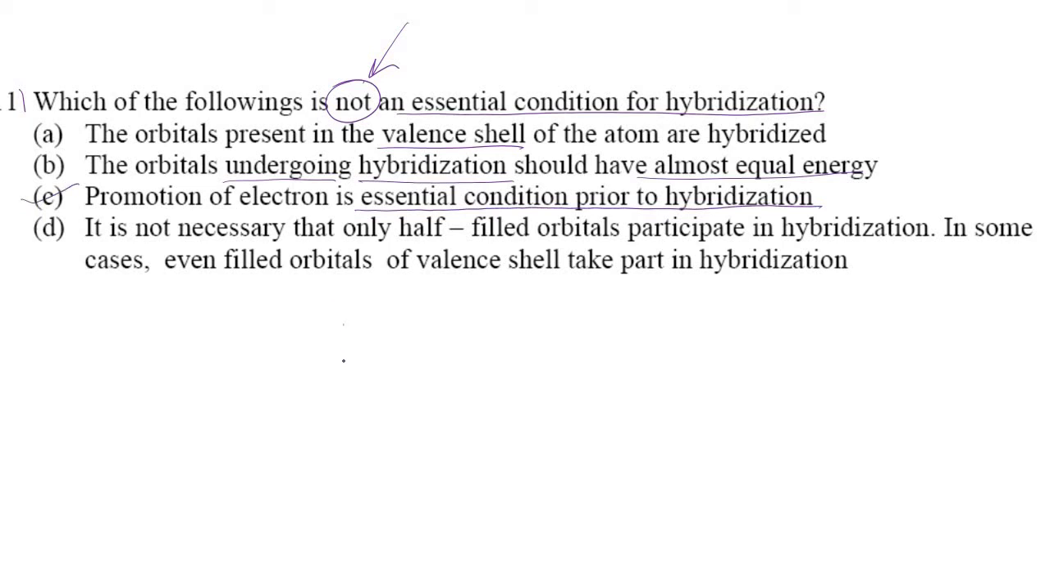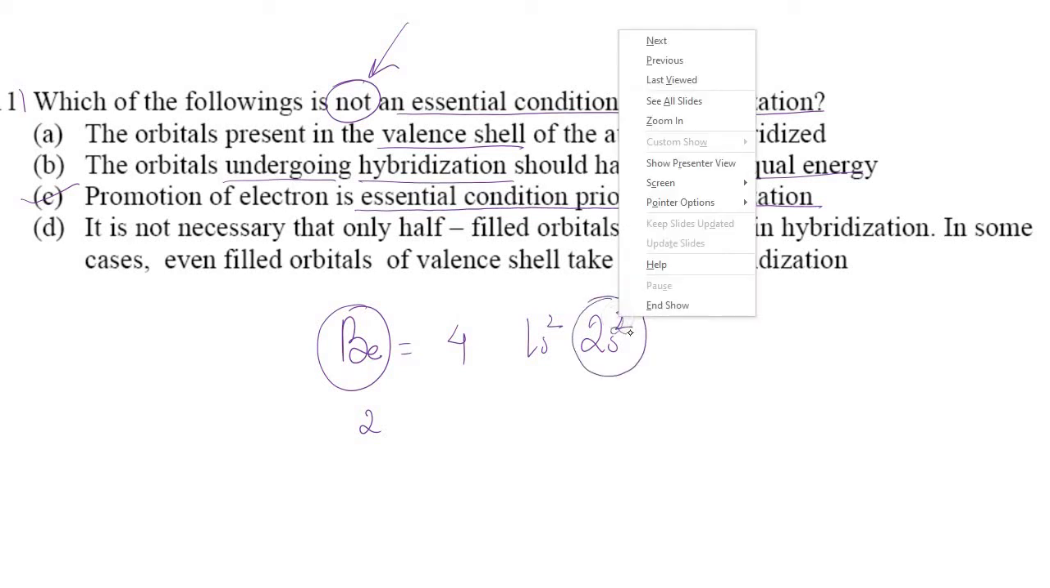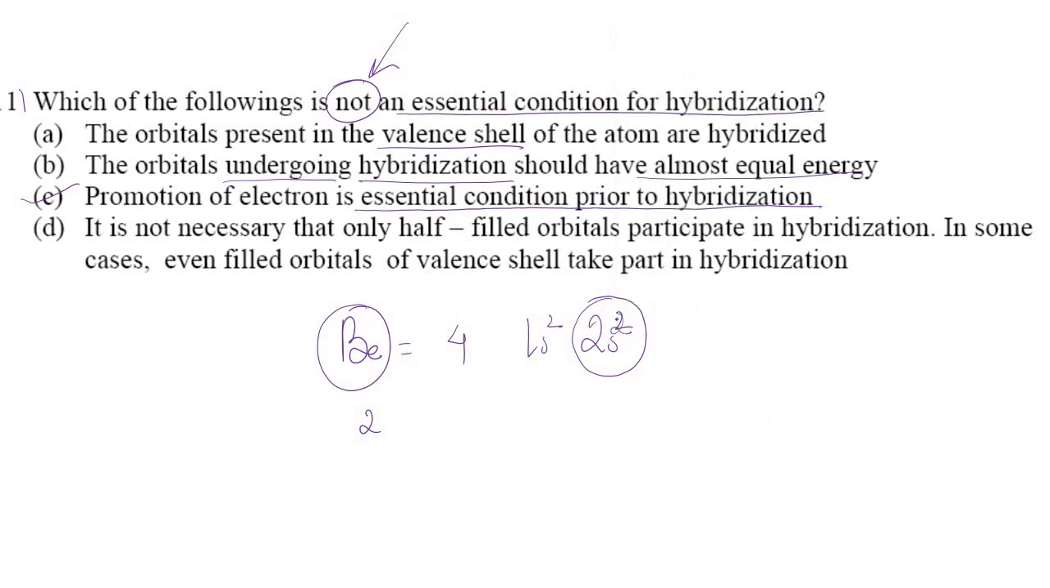Why? Because if you take beryllium, its atomic number is 4, and this is 1s2 followed by 2s2. But beryllium belongs to s block, group 2 element. Only valence is 2. The combining capacity of an atom of an element is called valency, and beryllium is a divalent species. Here you can see that 2 electrons are there, and if beryllium forms the compound BeCl2, there is no need, that is promotion of an electron is not an essential condition prior to